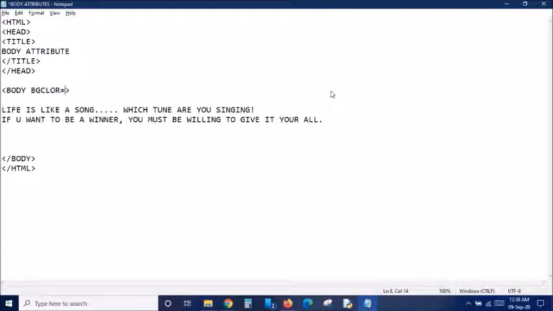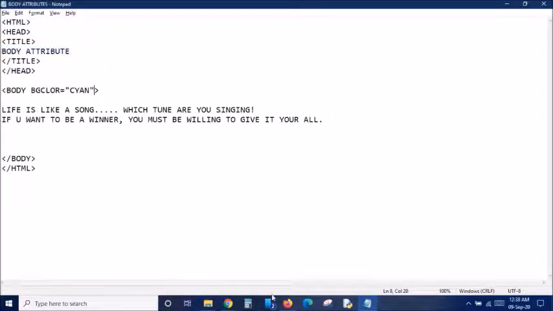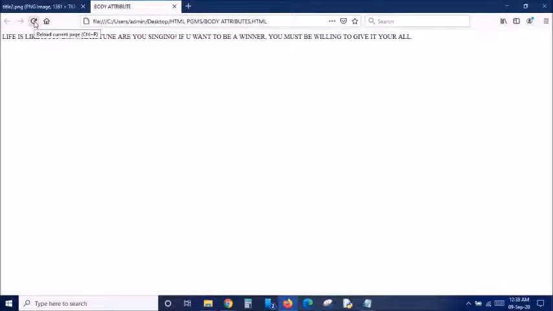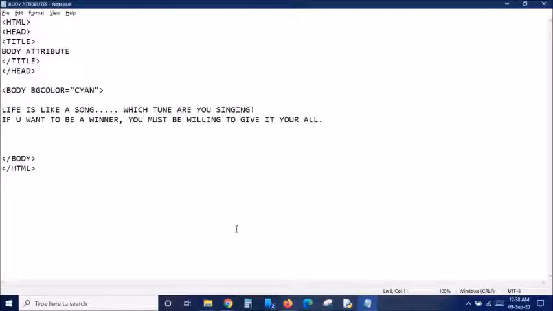So bgcolor is equal to, within double quotation you have to type the color, and I've just given some color. Now I'm clicking on file, save, go to your browser. Yes, we have got it. So this is how we can give a color for the background of your web page. The whole web page will have the same background.